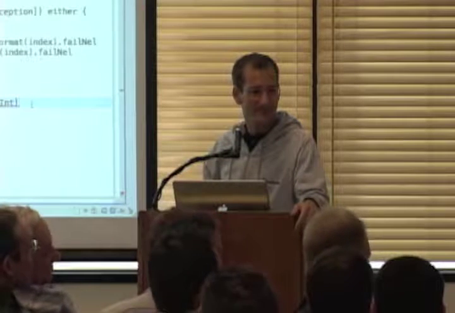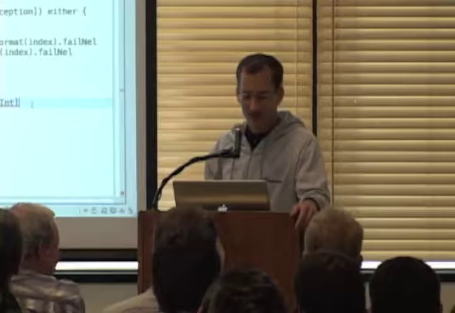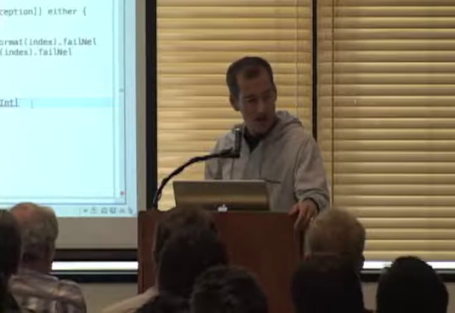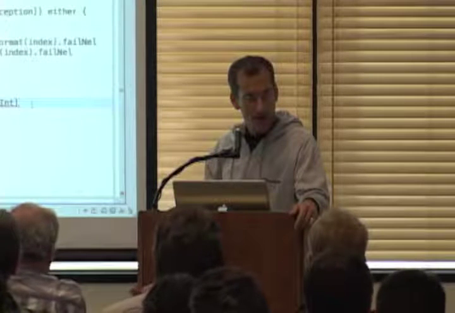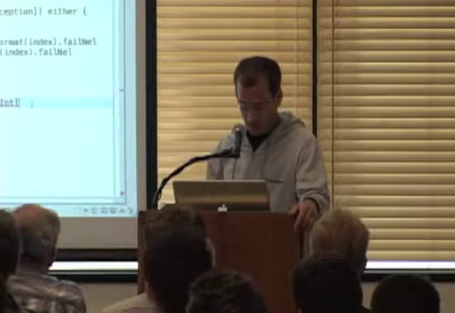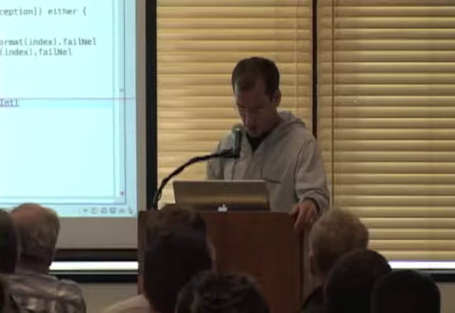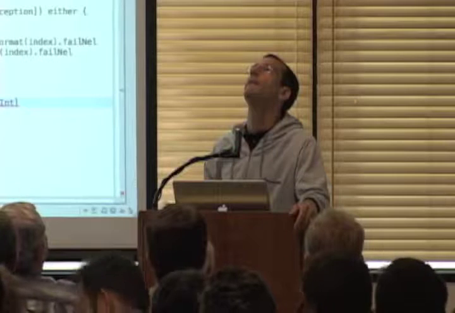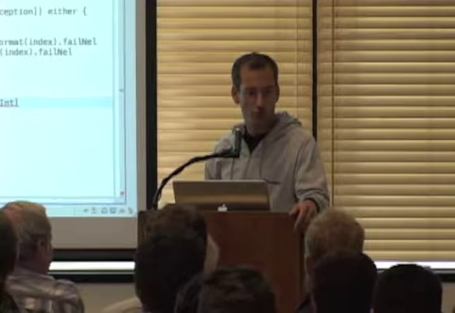Are your applicative functors covariant in their type, in their parameter type? The question was whether applicative functors are... the ones that are implemented in Scalaz, are they covariant in their parameter type? I've got no clue at all. I'm sorry. We could have a look at that later. I've got the source code on my machine. I don't know.